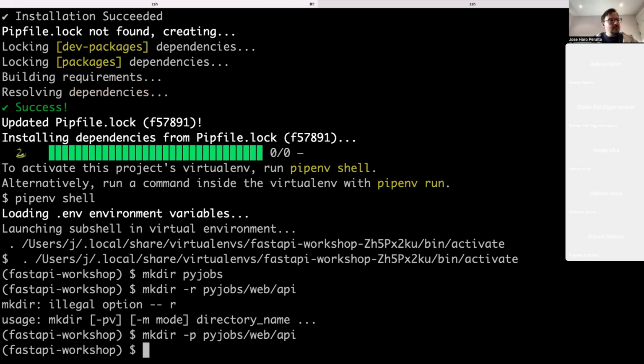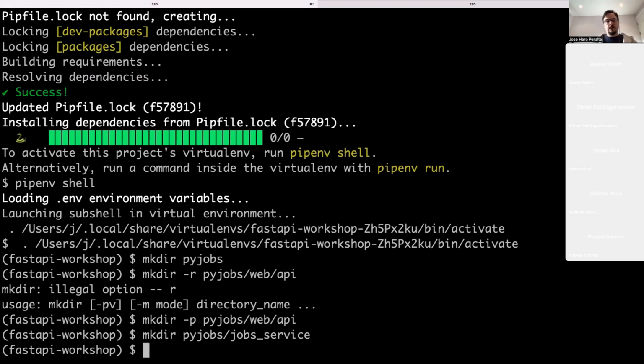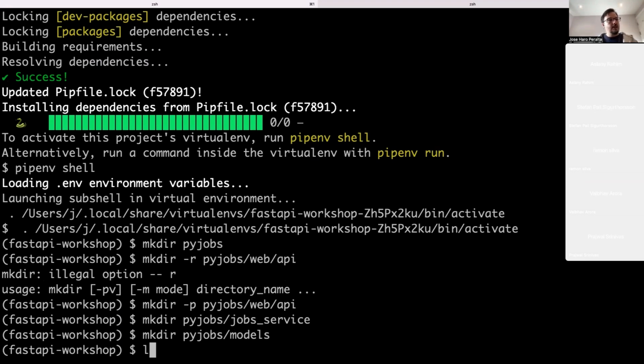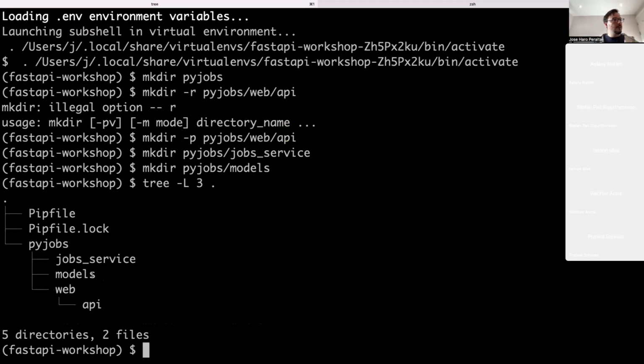And if we had a service layer, that would be within PyJobs. We could say jobs or jobs service, for example. So we would do something like that. If we have our database or our data access layer, we would maybe make a PyJobs models folder, for example. So we could do something like that. And then when we list everything here, like this, what we have is the root of our whole service,